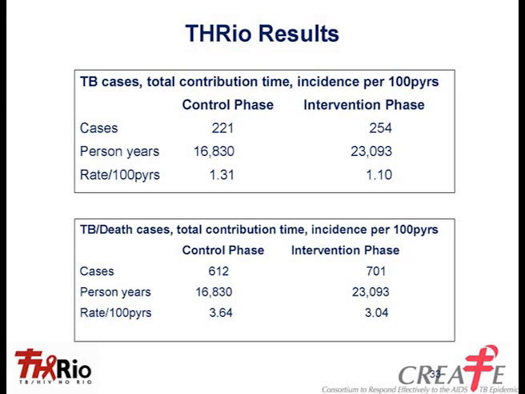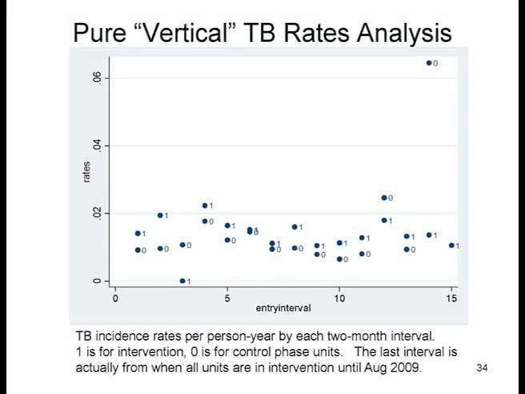Same thing, we see some reduction there. Okay, here's an analysis we're not showing anybody. This is a pure vertical analysis that you see done in some stepped wedge trials where they're just looking within each step what's happening. And within every 2-month step, just for the heck of it, I said, well, let's calculate the rates in that 2-month step. Of course, it couldn't possibly have any effect because by the time most of the 2 months are over, you might have a couple people on isoniazid. There's just not enough time to get them tested and on INH.